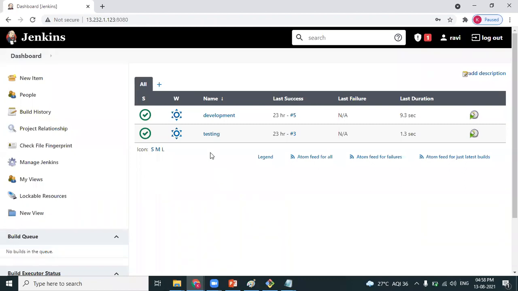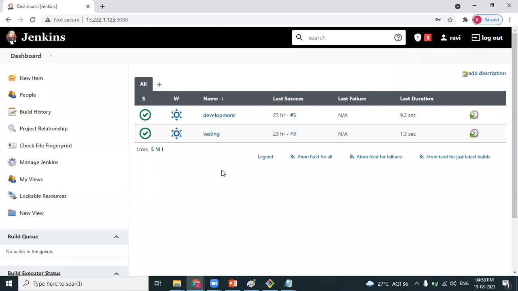Visualize Jenkins. Here our Jenkins dashboard has 2 jobs. Visualize a Jenkins dashboard which has some 15 to 20 jobs. When a developer logs in, he should not have access to all the jobs. They should have access to their jobs related to that specific client. When a tester logs in, they'll have access to only their particular jobs. This is called restricted access. How can we provide restricted access?